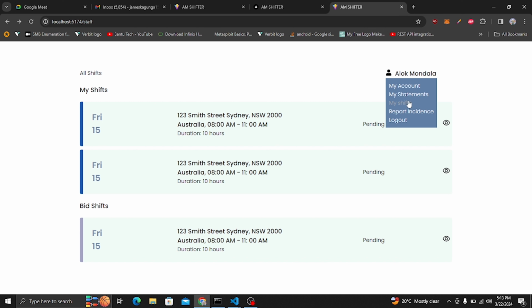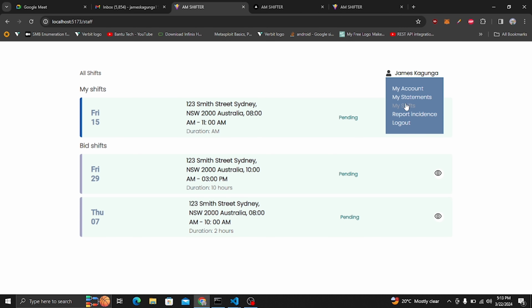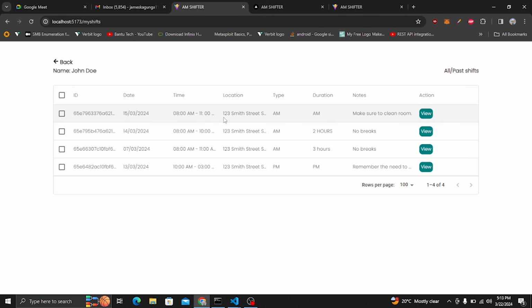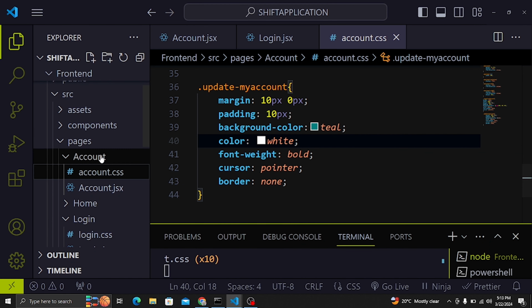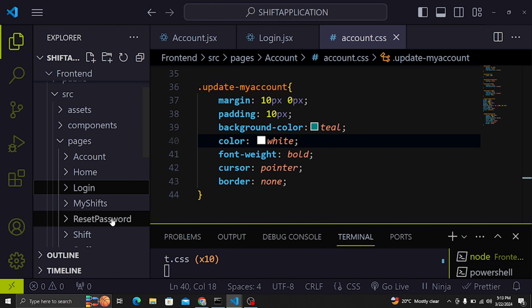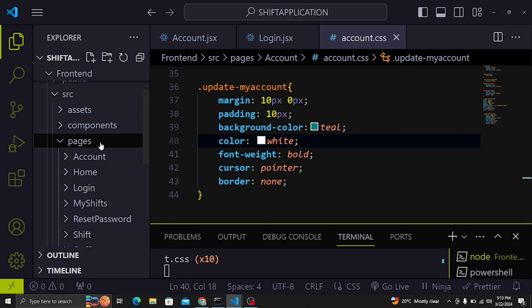So now we can go to the other part, and the other part is just looking at this my shift here. So if I come here into this application and click here, we can see we have this data grid here, and I want to show you how to include this data grid. It's very simple. So the first thing that we need to do is to create that page. So to create that page, just close the other pages here like that, and then inside these pages here